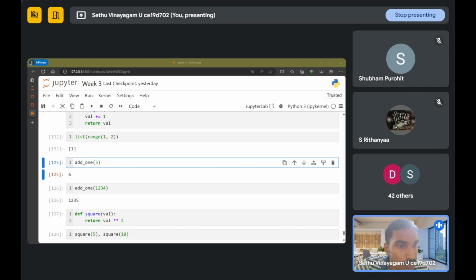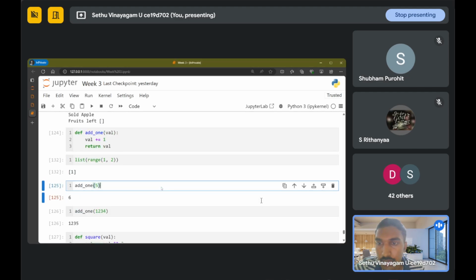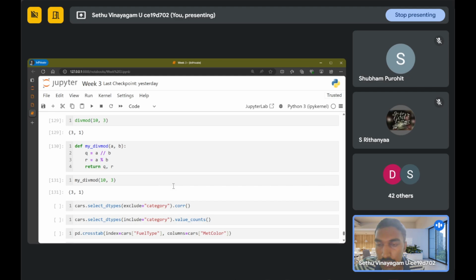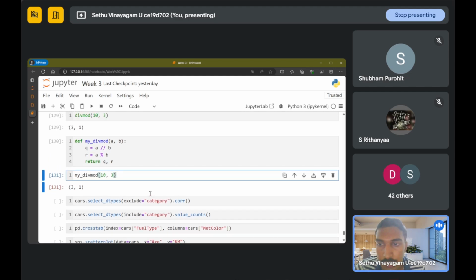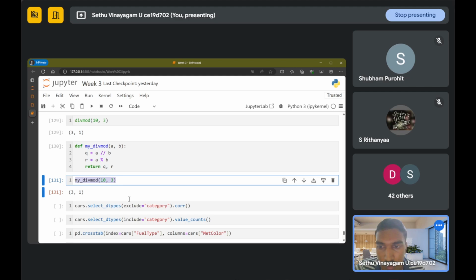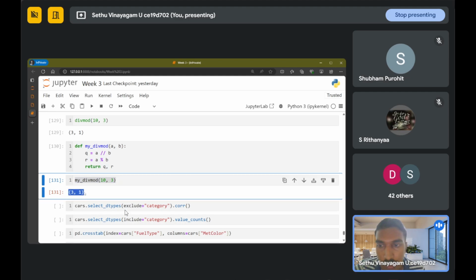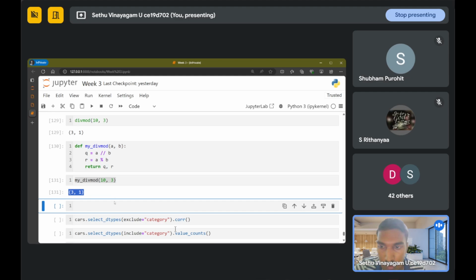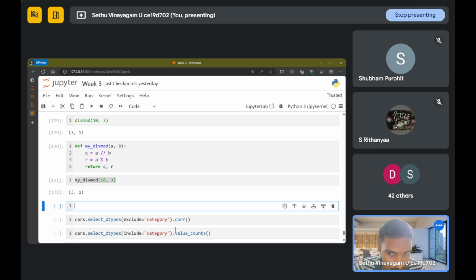Okay, if a function can return two values, can we store the two returned values in two variables? Yes, you can do that. You can unpack those values. What is happening here is that divmod is giving you an output as a tuple. There is a technique called tuple unpacking. Say I write a and b is equal to divmod